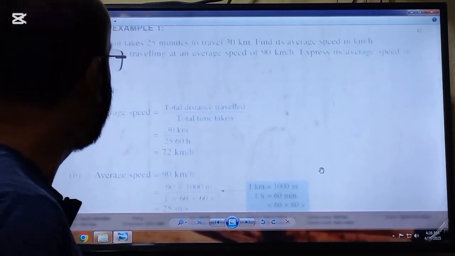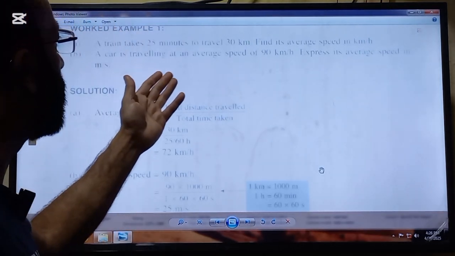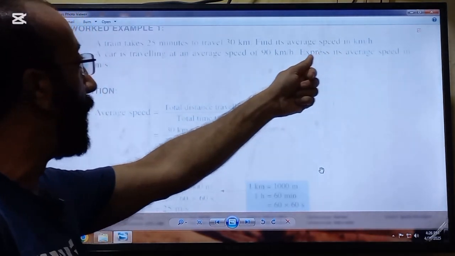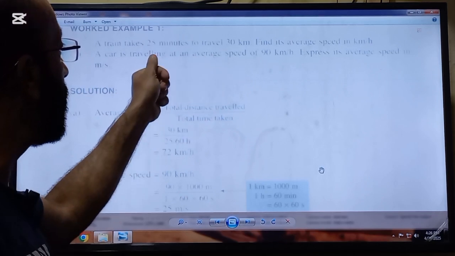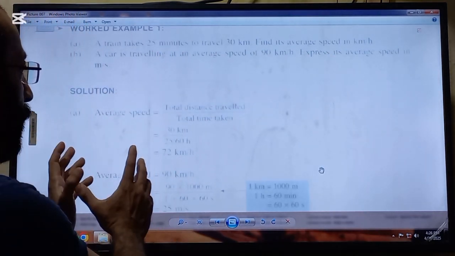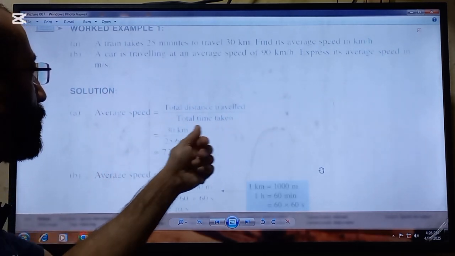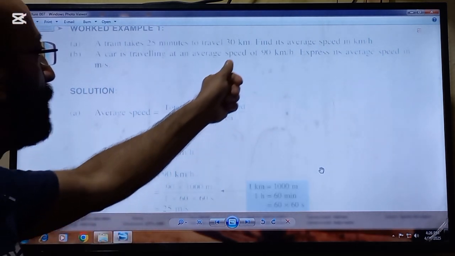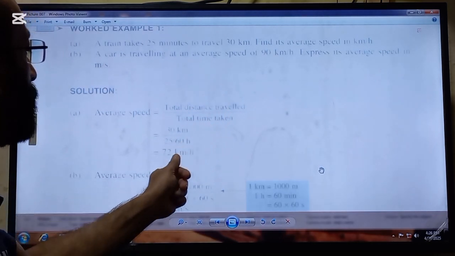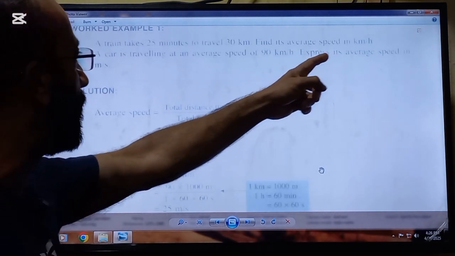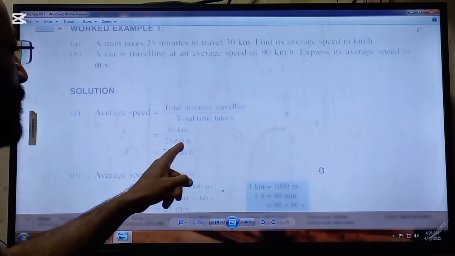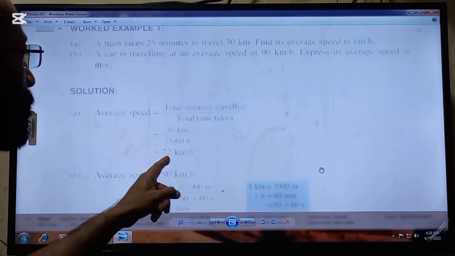Here is a question. A train takes 25 minutes to travel 30 kilometers. Find its average speed in kilometer per hour. So distance is already given in kilometer and time is given in minutes. So the requirement is kilometer per hour. So the formula for the average speed is total distance traveled over total time. So 30 kilometer will be put in numerator because this is the distance traveled, and time taken will be put in the denominator. But the requirement is hours, but our time is given in minutes. So 25 over 60, that will be actually equal to hours. So 72 kilometer per